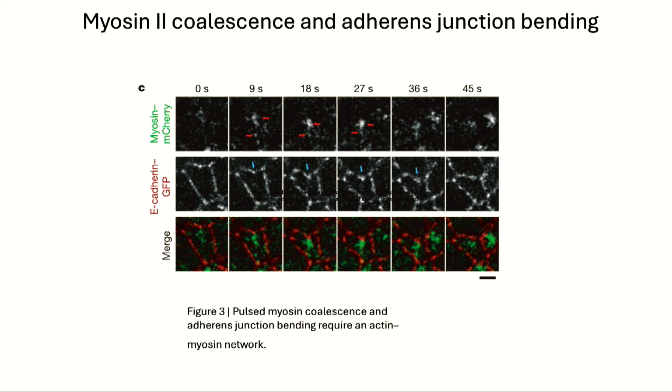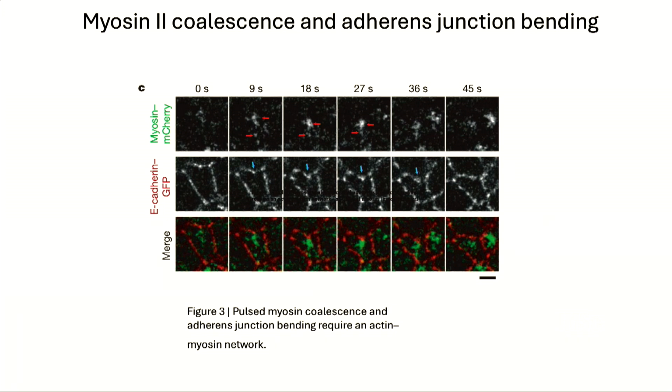And when we overlap this with the signal of the cadherin, which is obviously present on the membrane, what one starts seeing is indents which form on the membrane. So there's a fold or indent which is forming on the membrane, and this is coming close to a point at which the myosin is constricting, right? So it looks like there is a particular coordinated interaction of this entire layer where